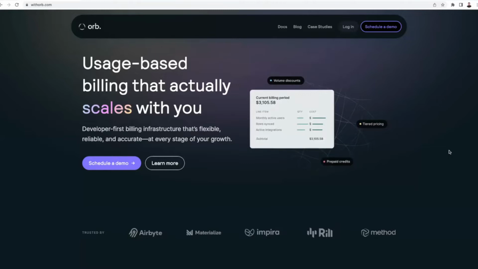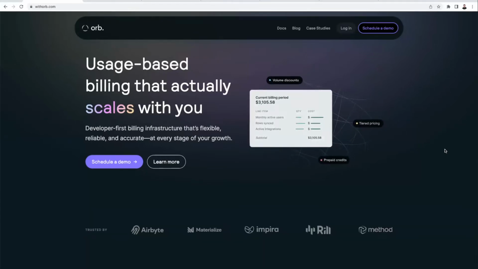Orb is essentially what billing and invoicing would look like if it got created for this day and age of more hybrid usage-based pricing models. So our bread and butter use cases are helping companies in the fintech, cloud infrastructure, and data and developer platform spaces automate all things billing and not have to invest a lot of their engineering resources into achieving this level